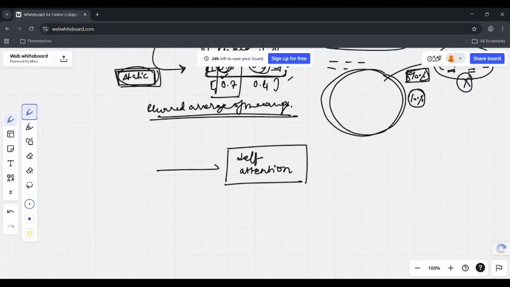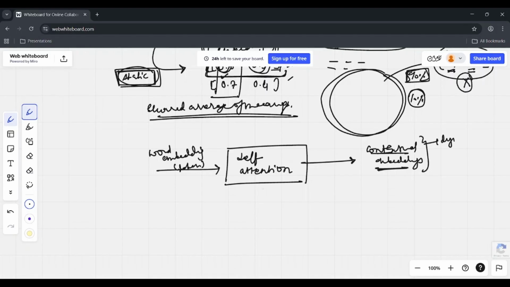that takes in the word embedding of a word, or a token more specifically, and in return, it gives you contextual embeddings. Now, what these contextual embeddings are, we discussed so far. These are a dynamic representation of the word, a numerical representation of the word that depends on the context.